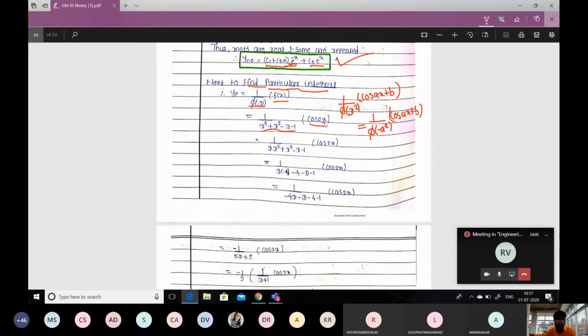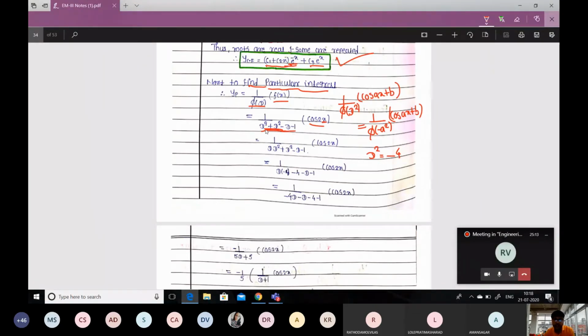What is the coefficient of x in the cos term? It is 2. So we have to replace D square term by minus a square. a square is what? 2 square is 4, and negative sign, so -4. So we have to replace D square term by -4. In this auxiliary equation, I'm just finding the D square term and replacing only the D square term. You don't have to care about that D, or D to the power 5 like that.